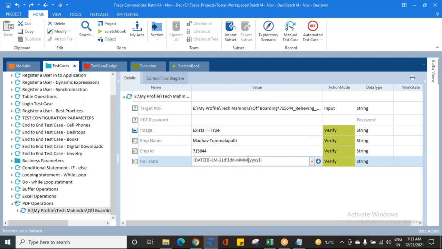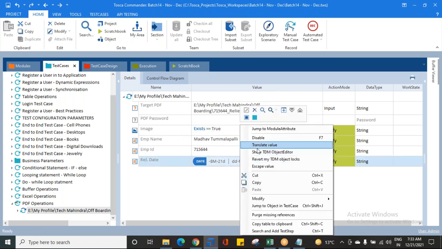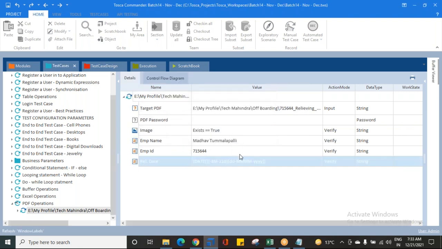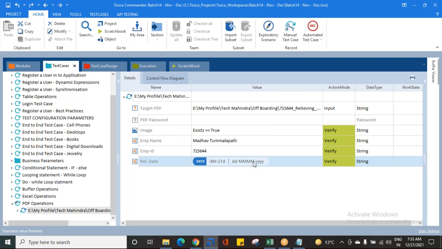If I give 4 M's and I translate the value, you can see the complete month. So if you give all 4 M's, you'll get the complete month. If you give 3 M's, you will get the first three letters, and if you give only 2 M's, you'll get 03. And if I give only 1 M,